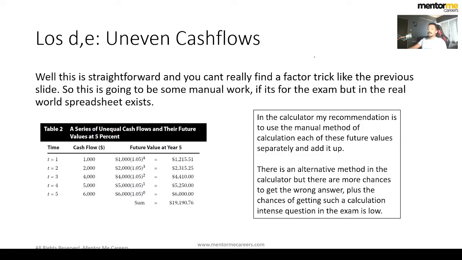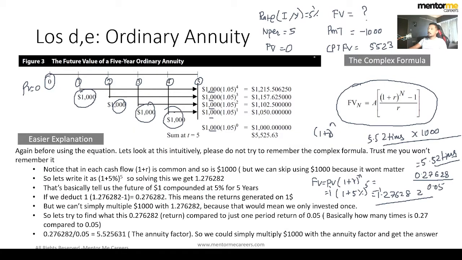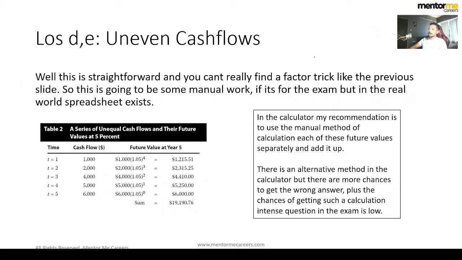Now, if we are talking about uneven cash flow, see, the problem is this can only work when you have a regular cash flow, but you can't work with uneven cash flows. What if the cash flow that we're investing at every period is different? See, so this can't work. So for this, you will have to use the cash flow function. Again, you can do this manually by finding the future value of each of these cash flows and then adding it up. But there is a simple cash flow function in your calculators, which is, according to me, much